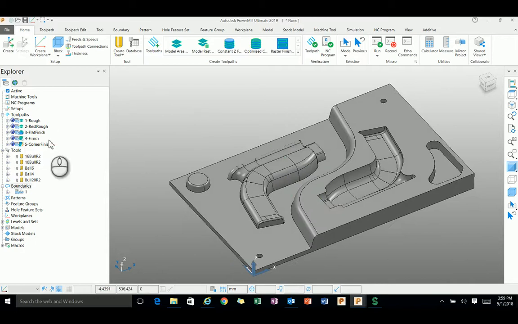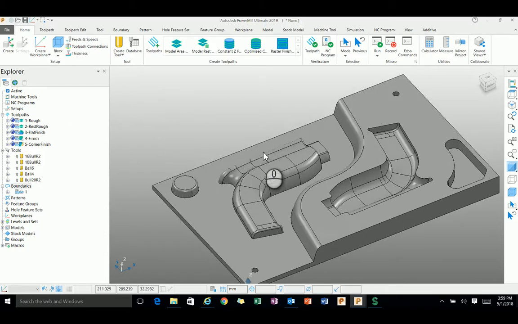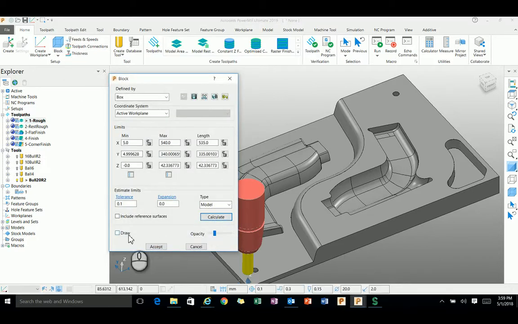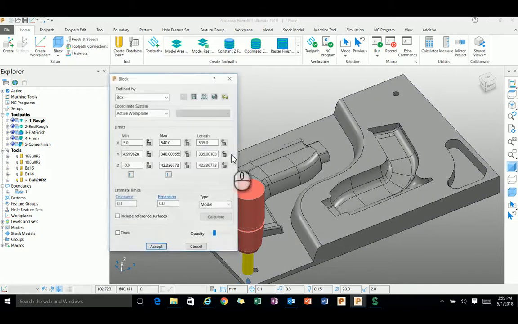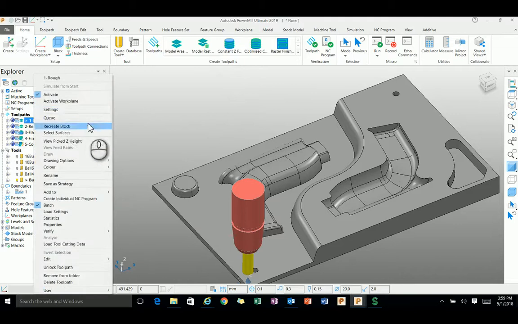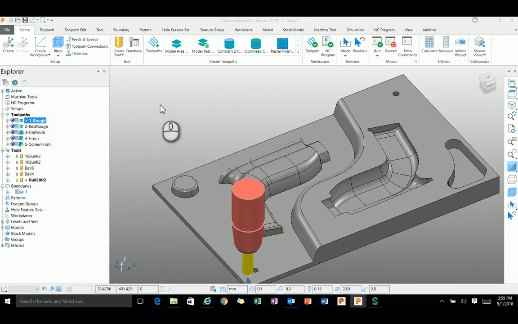So these toolpaths are predefined with values for all the parameters. So we can just call the toolpath and apply it. The first one is going to be the roughing, so I double click on the roughing strategy. Before that I go to Block and define my block. So this is the block that I created, and you can see the block dimensions are something around 500 by 335. So here I'll go to the settings page of the roughing strategy,